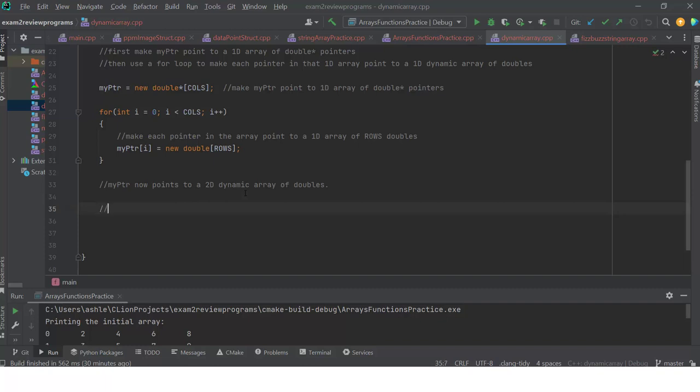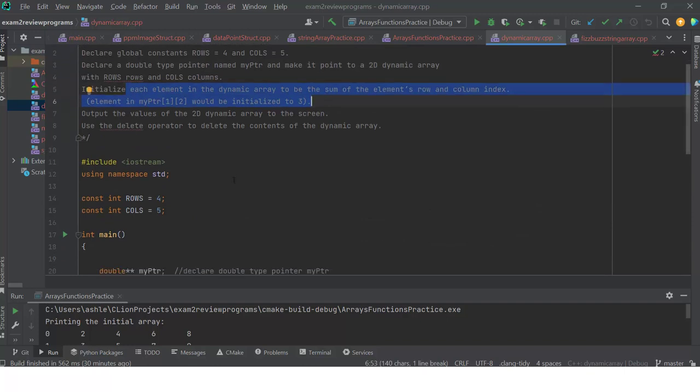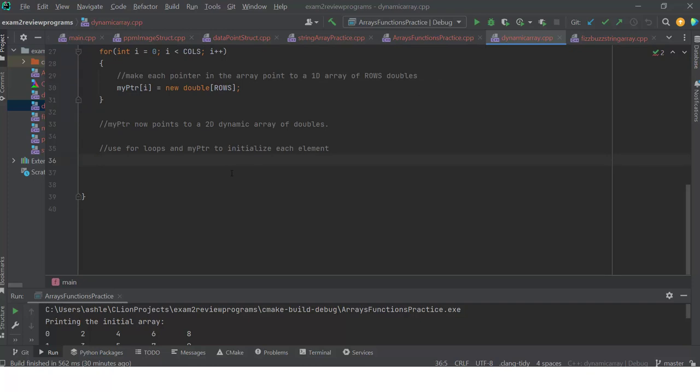So let's use for loops and myPtr to initialize each element. We're told that we want to initialize each element to be the sum of our row and column index. So we can do nested for loops. So we go through each row and each column,